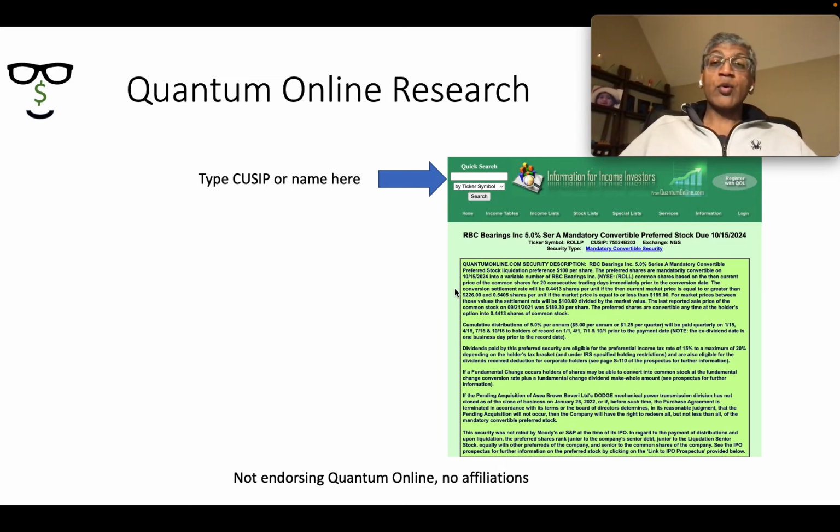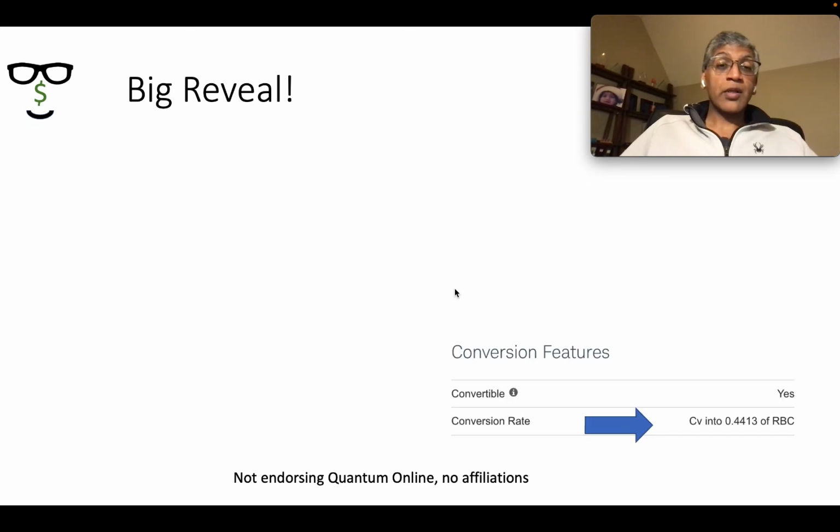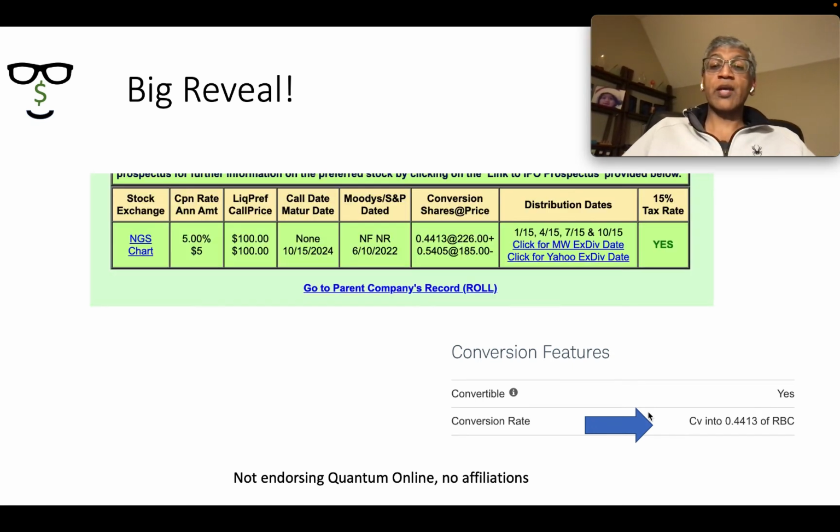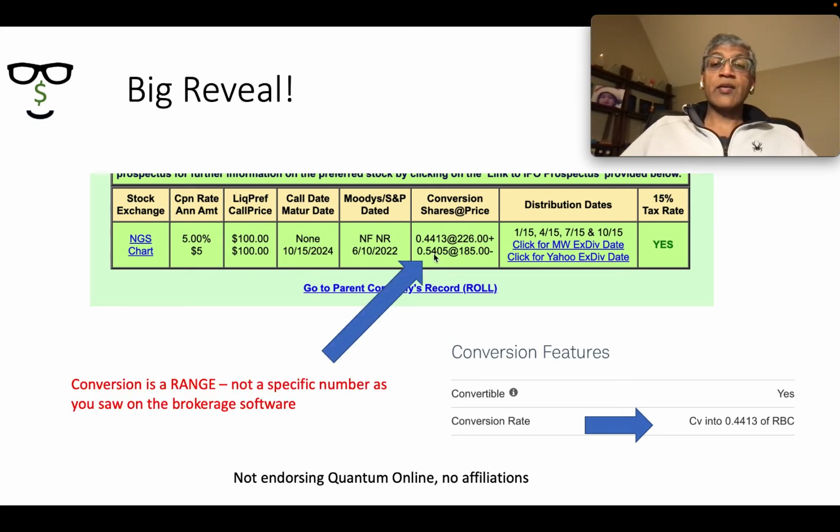And you can then review the prospectus and read and see what the conversion ratios are, or ta-da, you can actually notice that instead of the conversion ratio being one specific number, as the brokerage software says, it actually is a range. It is a range that says if the price of the underlying equity on the date of maturity